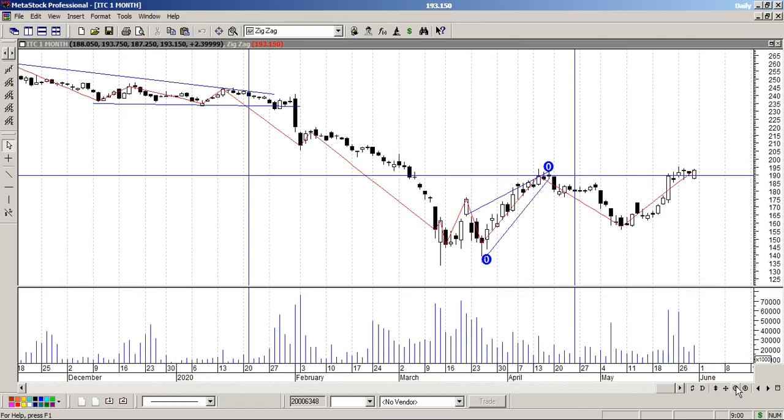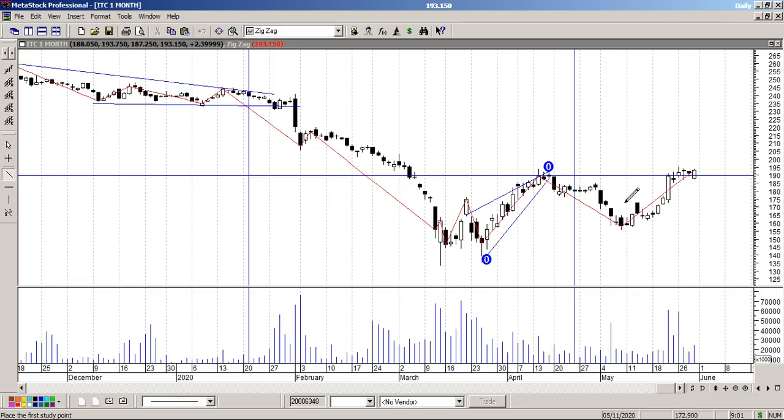And when this supply is absorbed, now see it has already made a very clear rising peak, rising trough structure, and this price is already quoting above the previous peak. When it is quoting above the previous peak, this is supposed to go up. So what I am expecting on ITC is, ITC from here came down to here, went up to here.